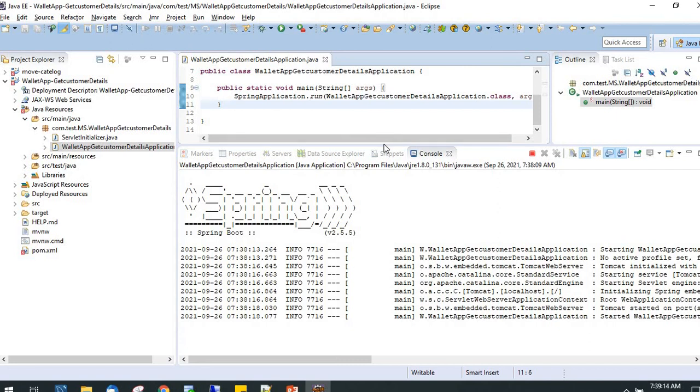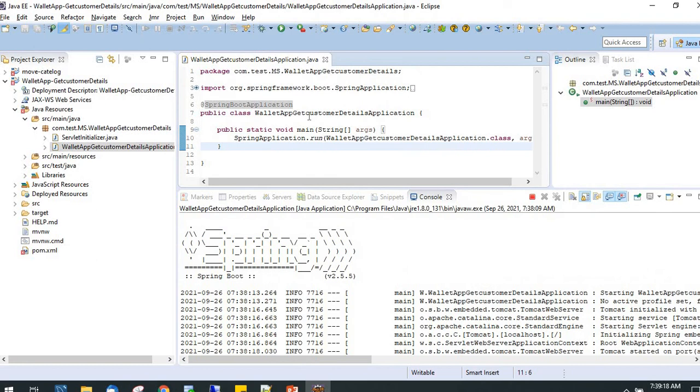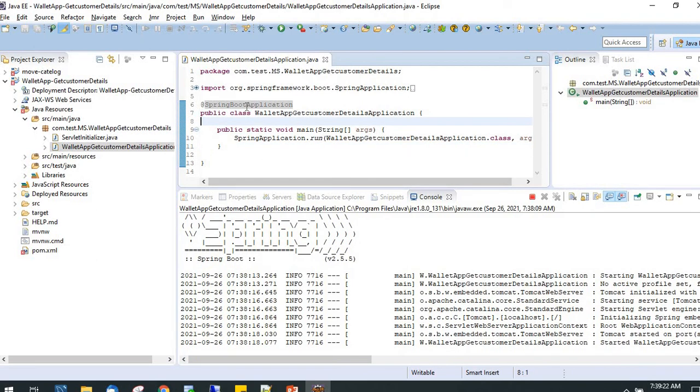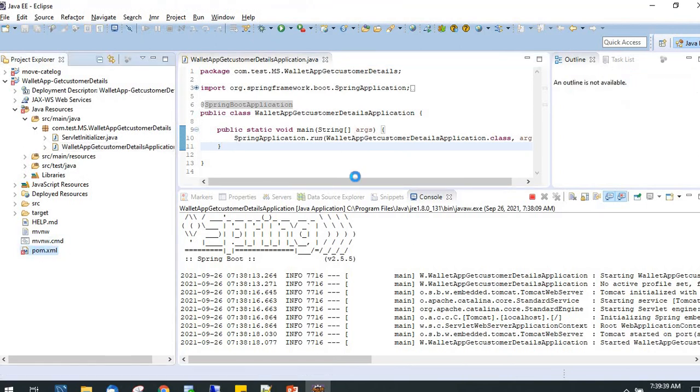Later we have to see how we can create the APIs by using Spring Boot, and how we have to communicate from one Spring Boot application to another Spring Boot application, I mean one microservice to another microservice. How we can communicate, how we have to create, and how we can access the APIs from the browser or any other system. So we have to see that, right? Okay. So if you see the pom.xml,